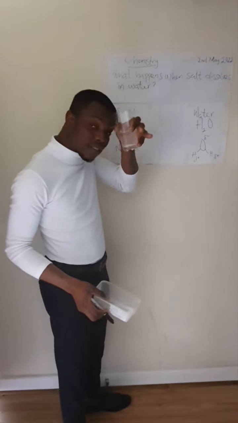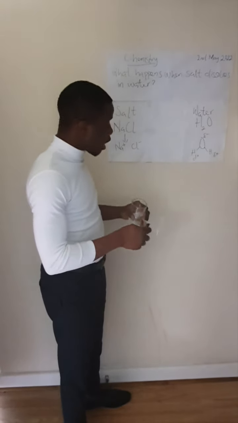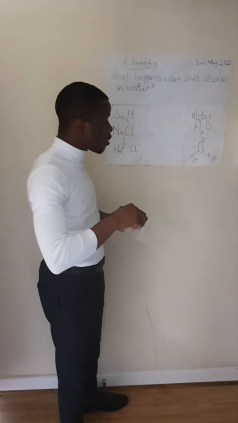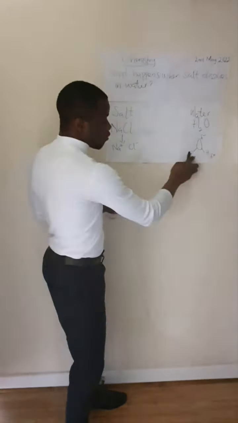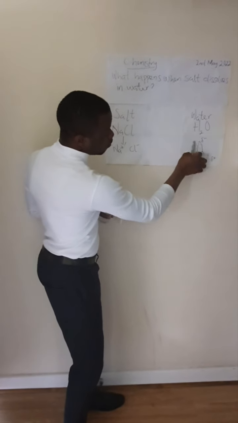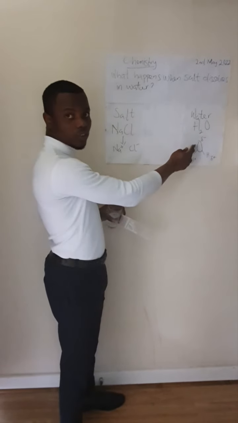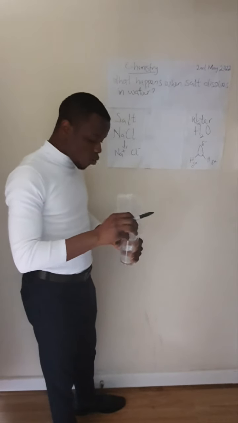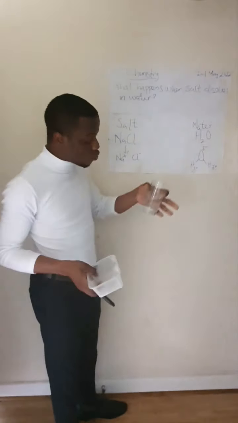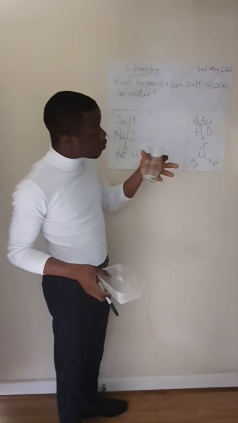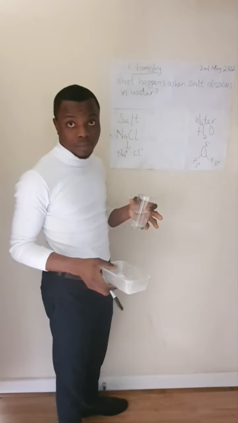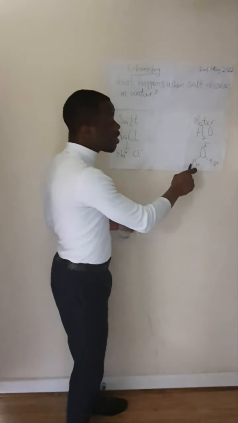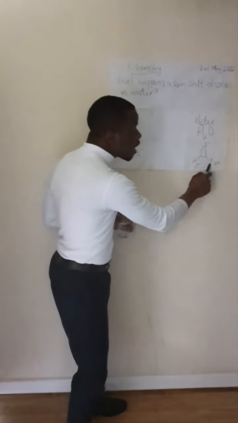That is, it has a partially negative side, as we see, and a partially positive side: the partially positive side of hydrogen, while the partially negative side is the oxygen. So if I pour my salt in my water, what I have is a clear solution, that is, a completely dissolved salt in water. But in science, what really happened is this: the partially positive side of hydrogen